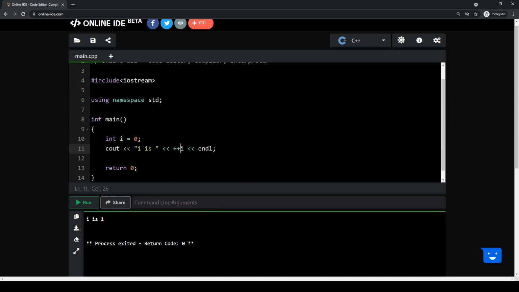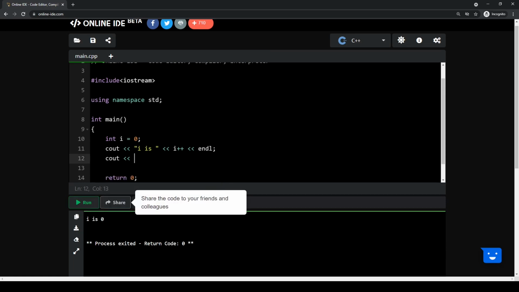Whereas if I put the plus plus at the end, it means I'm going to first take a look at the content of the variable I and print the result. Once that is done, then I'm going to add 1 to my variable when the whole statement has been executed. That's why when I put the plus plus at the end, the value first shows up as 0. But if I print I again, let's say I print this I again,